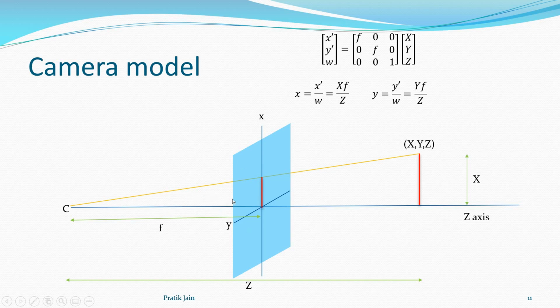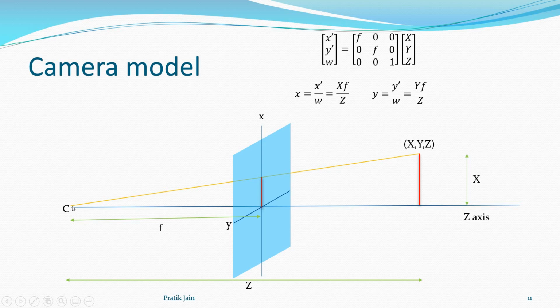Now that we have proved both to be similar, you can take any ratio of the sides and they will be equal. So I take this ratio. This length over here is nothing but x, because that is the length in my image, so small x. Small x upon f, where f is the focal distance, will be equal to capital X, the world coordinate, upon Z. From here to here is Z.